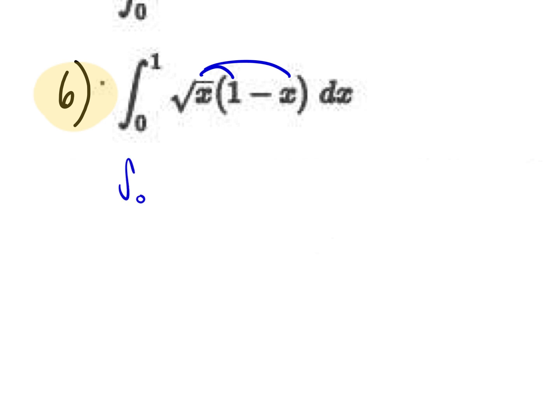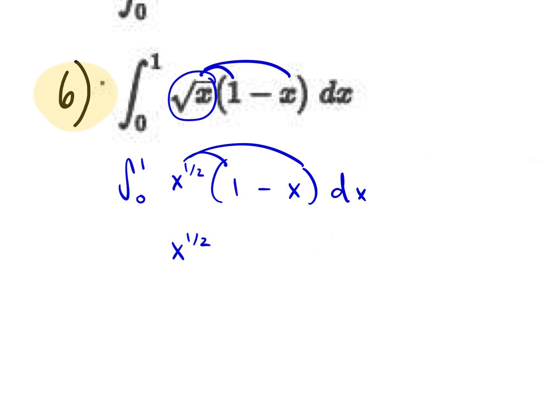So we have our integral from 0 to 1. How else could I write the square root of x? What else would I write this as? X to the 1/2 power, perfect, times 1 minus x dx. When I distribute this, I'll get x to the 1/2 power. What is x to the 1/2 power times x? Awesome, x to the 3/2 power. Our exponent on this x would be a 1, and we add the exponents. We get x to the 3/2 power